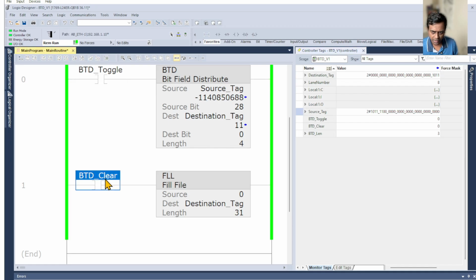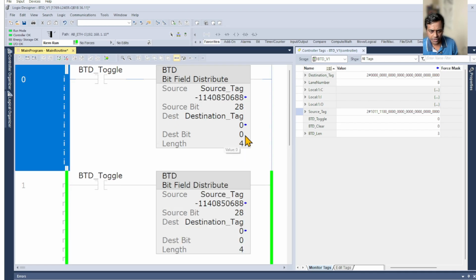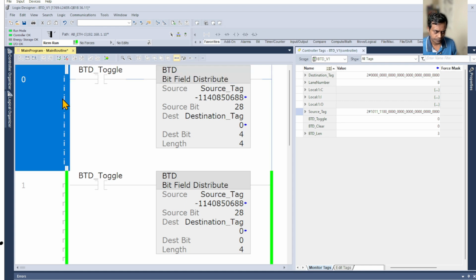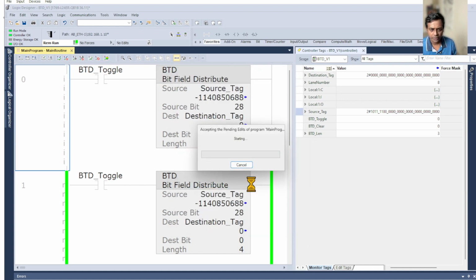So we can show the same thing. Let's go ahead and clear the destination tag, and now instead of destination bit starting at 0, we say start at 4, right? So this instruction does the same thing. It will go to the 28th bit of the source tag and take 4 bits from there, copy it into the destination tag at a starting bit of 4. So we'll go ahead and execute that,